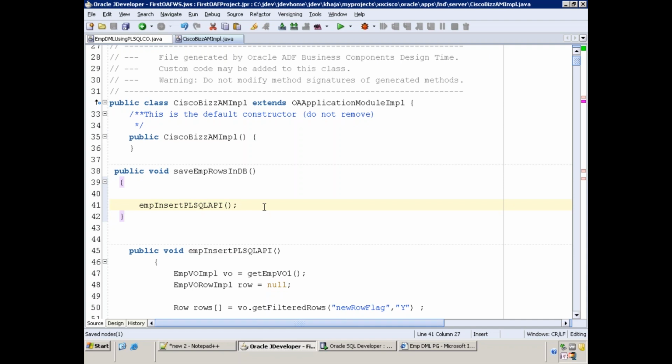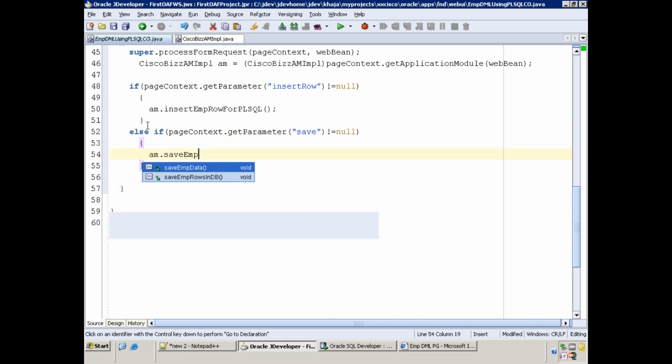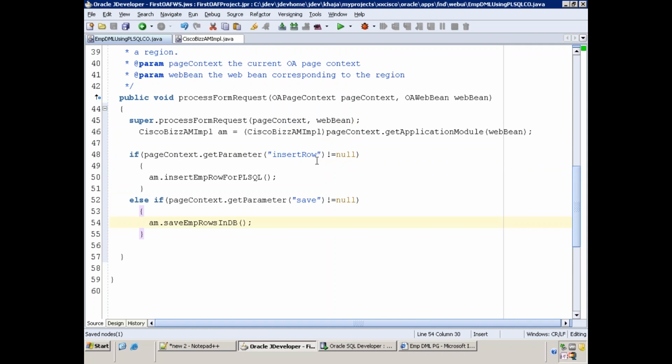Later on, we have to write one more method for the updation also. So now call this particular method from the CO. Okay, got the idea? Yes, sir.